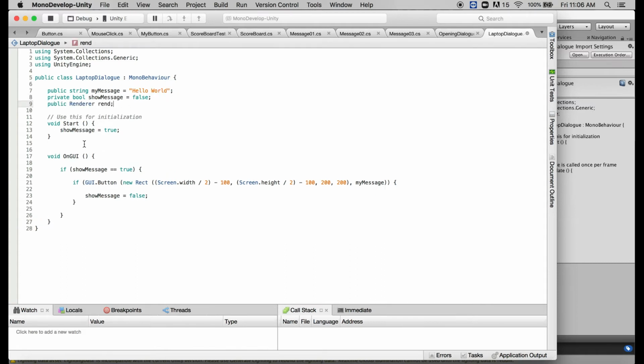Now I need something to happen when I click with the mouse, and I don't want this message to show up right when the game starts. So instead of void start, let's just change this to void on mouse down, which we've done before. So when we click the mouse, show message will turn to true instead of right at the beginning of the game. Now, if we want to use this public renderer to make the object glow,